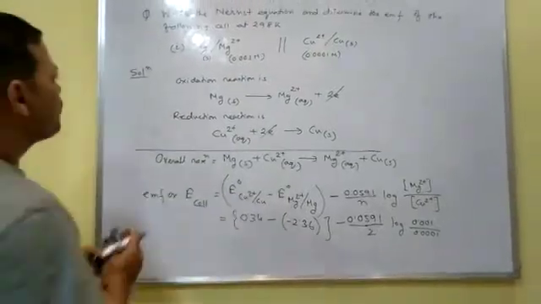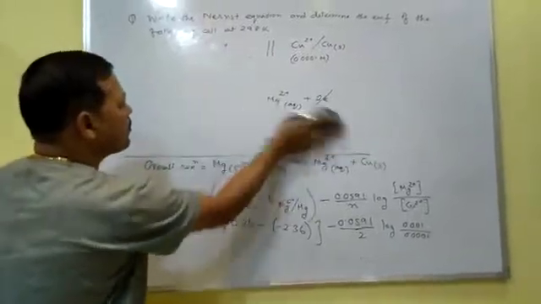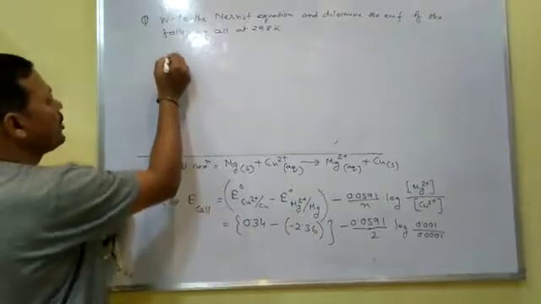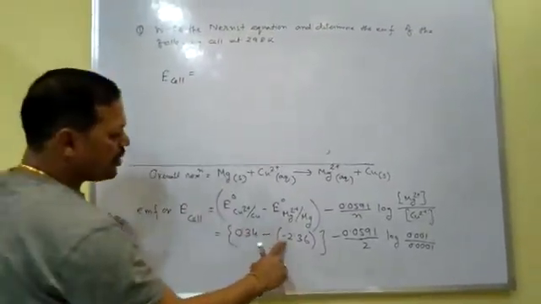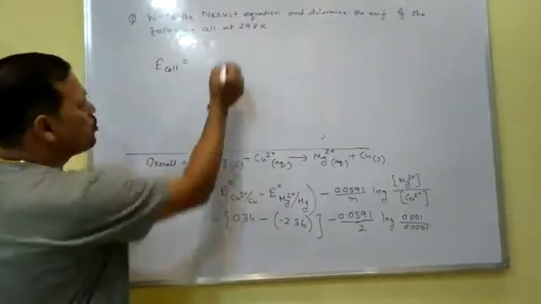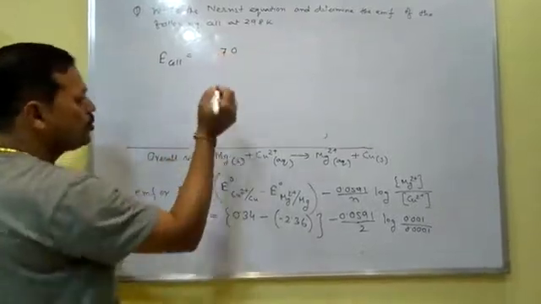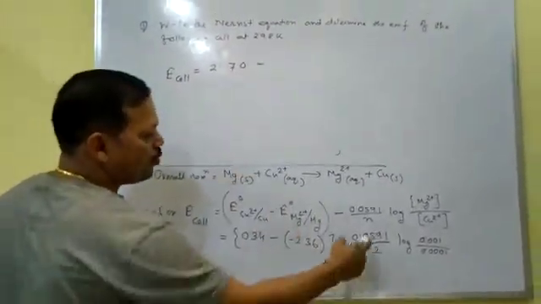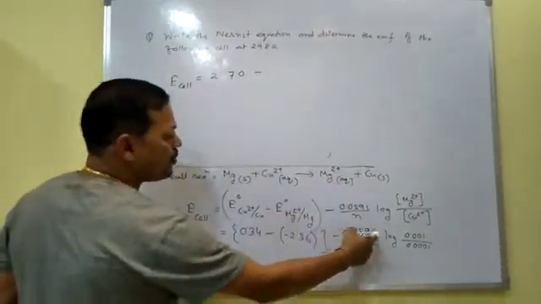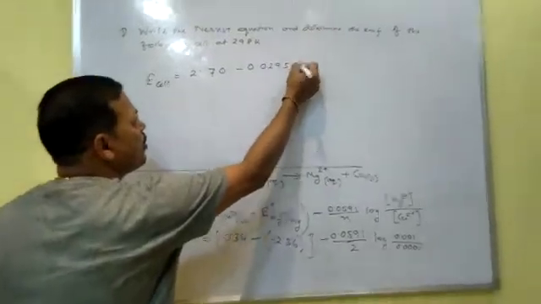After putting the values, E cell is equal to, this minus becomes plus, so it goes to 0.34 plus 2.36, which is 2.70, minus, when you divide 0.0591 by 2, 0.0295 log of